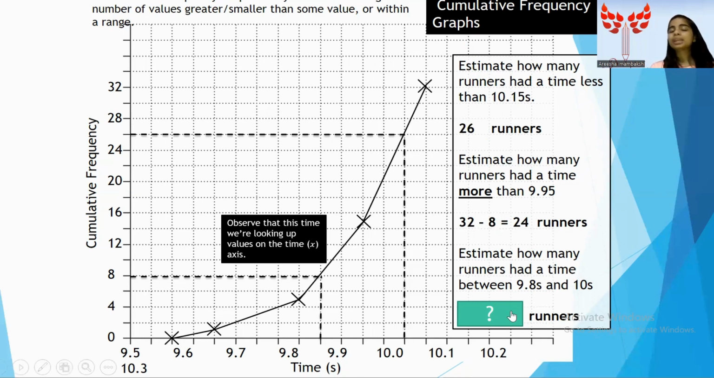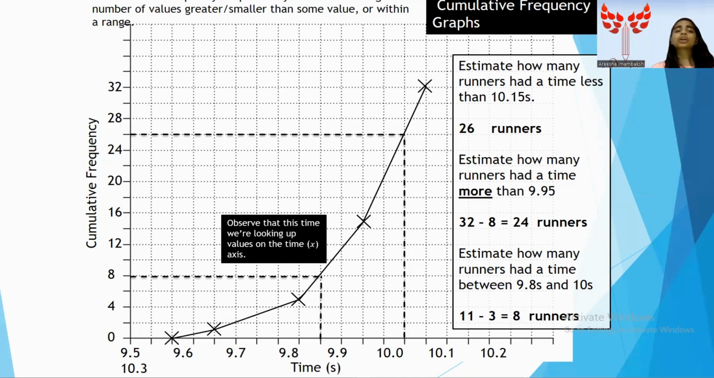How many runners between 9.8 and 10? So that means more than 9.8 and less than 10. You need to find both. So more than 9.8, you are again going to look at 9.8, you're going to see the value. And then at 10 seconds, you're going to see the value. And in between, you'll find the value between 9.8 and 10 seconds. At 9.8, the value is 8. At 10 seconds, the value is 26,